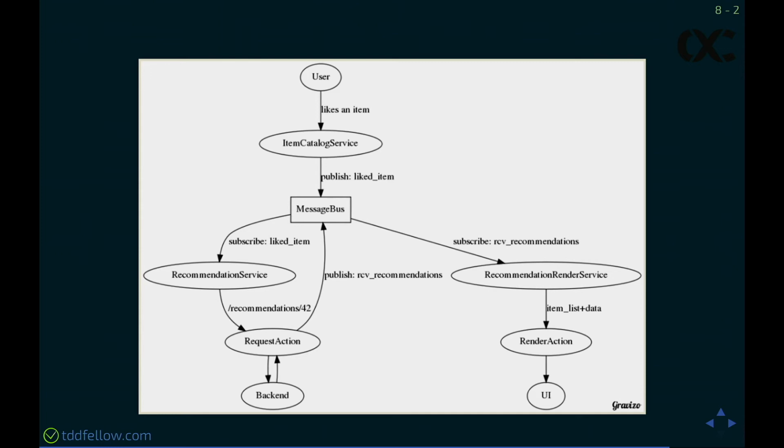Then the message bus is your infrastructure. This is basically an in-process message bus. It's asynchronous. You can send events in, and it will send these events later to all the subscribers eventually. And then you have those actions, the render action and request action, and that's it for now. They are kind of like bridges. In the example that I was doing, I was just writing code for them. It's a couple of lines of code, basically. So this is all good.